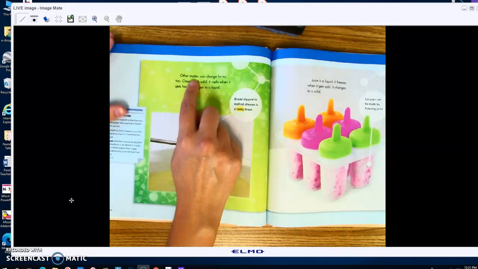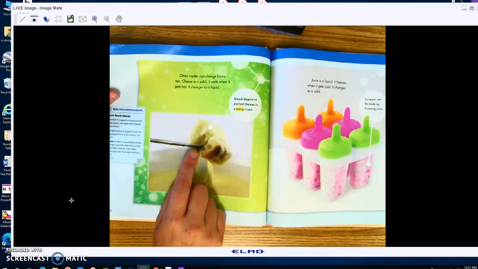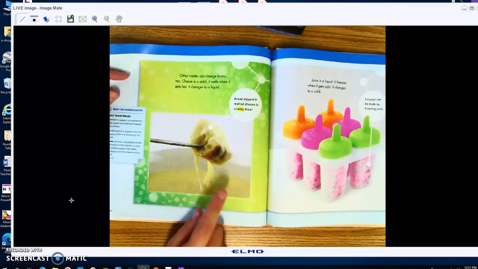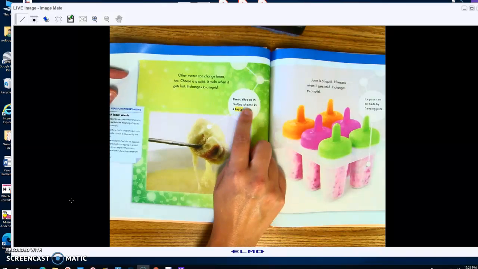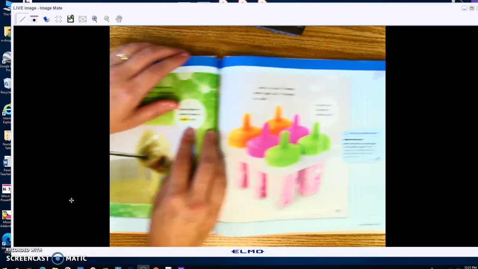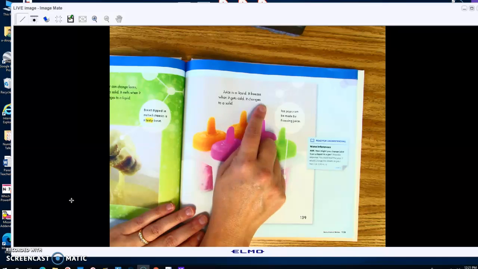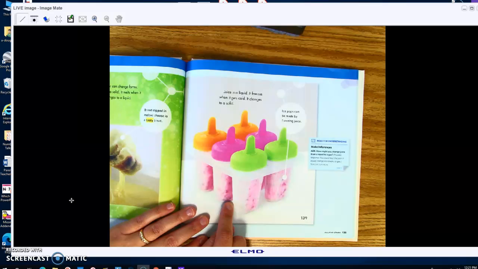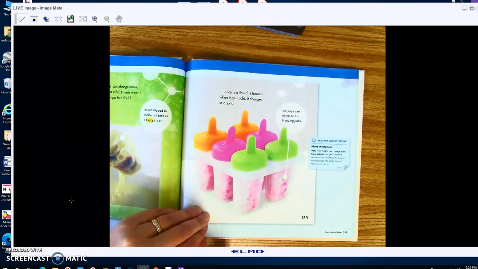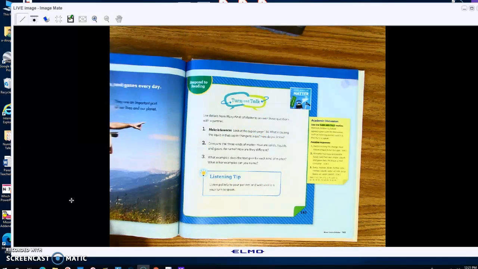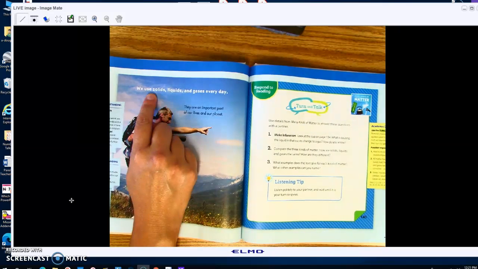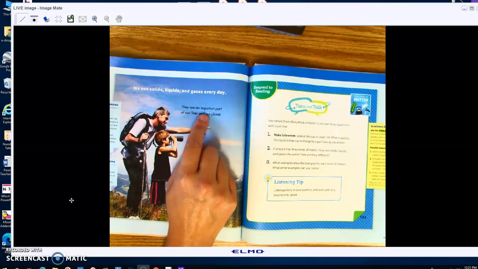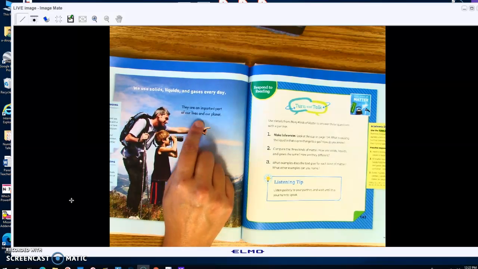Okay. Other matter can change forms too. Cheese is a solid, but it can melt when it gets hot. That means it changes into a liquid. Bread dipped in melted cheese is a tasty treat. Juice is a liquid. It freezes when it gets cold. It changes to a solid. Ice pops can be made by freezing juices. We use solids, liquids, and gases every day. They are an important part of our lives and our